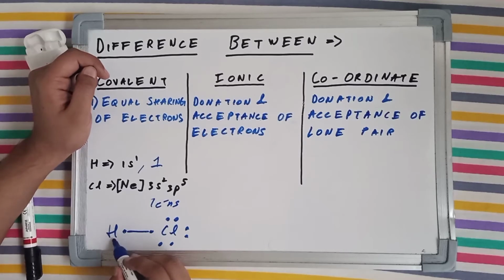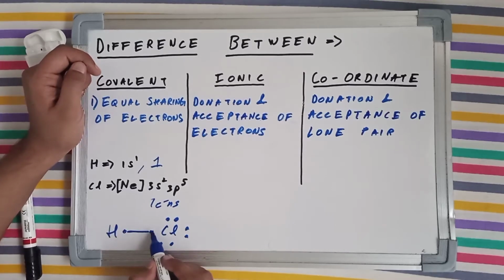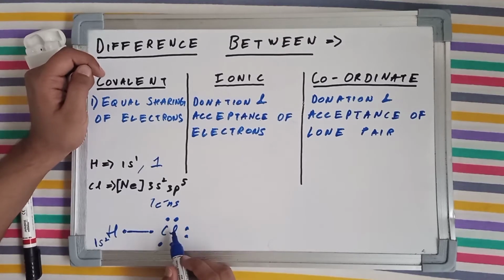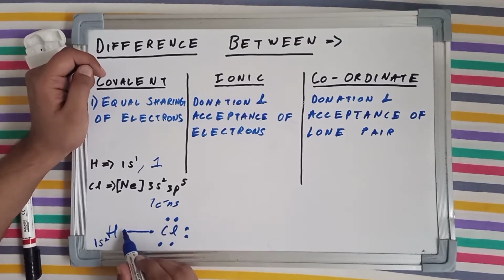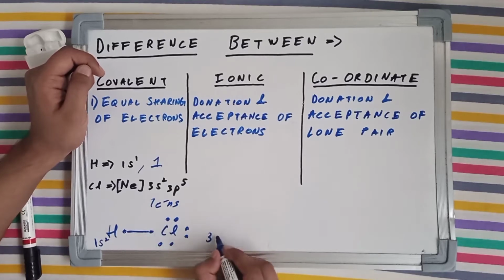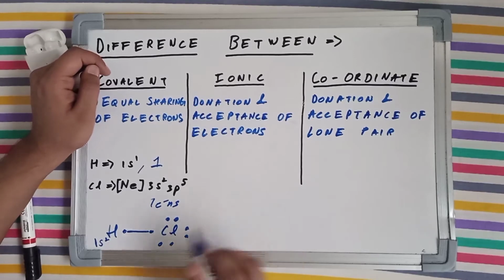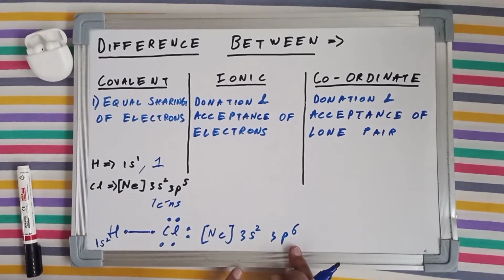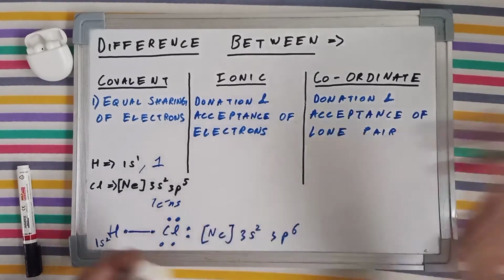Now if you count the number of electrons for hydrogen, it will be 1, 2, which means after bond formation, hydrogen has gained the electronic configuration 1s2, whereas if you count the number of valence electrons for chlorine, it will be 1, 2, 3, 4, 5, 6, 7, 8, which means chlorine now has the inert configuration after bond formation, which is why they make bonds, okay, to gain stability. Now it has got the electronic configuration 3s2, 3p6, and they both have gained stability.